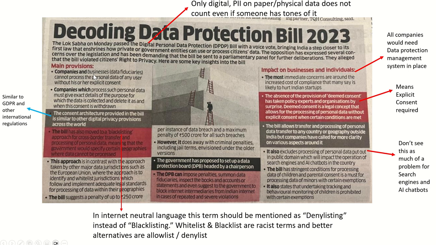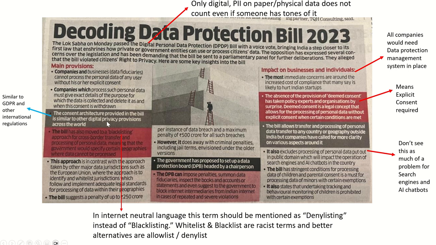Some of the main provisions that we will discuss here, we will not do a very deep dive into these provisions, just discuss them in brief to give you a general grasp on the concept of this bill. So some of the main provisions are that now companies and business fiduciaries would need to take an explicit consent from the users before going ahead and processing their personal data. So there will be an explicit consent that a business needs to provide to the user, providing details on what data elements of PII it is collecting, for what purpose it will be using those, and those kind of things will go into the main provision.